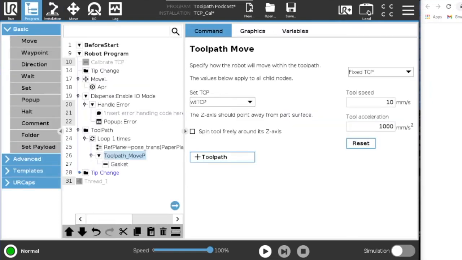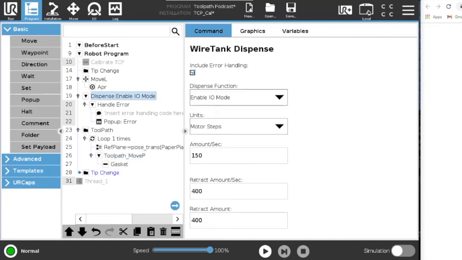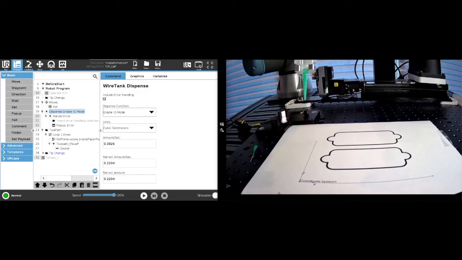And if we go here to our program, all we need to do for our dispenser is to say that we want to enable IO mode, and we can do this in CCs or in motor steps. And so when we enable our IO mode and then go into our toolpath, our dispenser will start at that particular point. So if we again run this and I say here play,